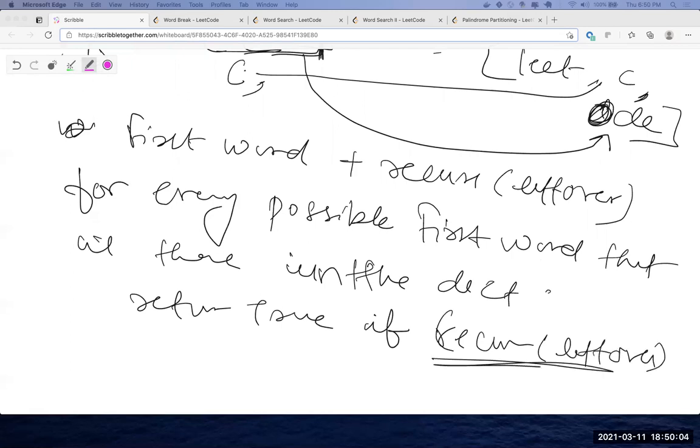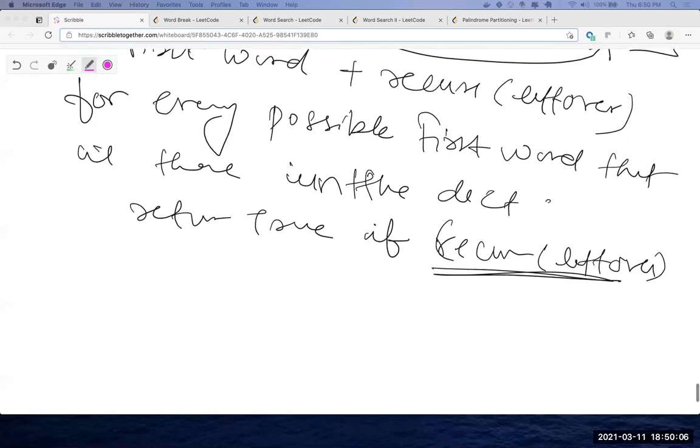If this one is returning false, it's fine because you're doing a for loop. Or do you want the code? Is this clear? Do you understand the logic here?